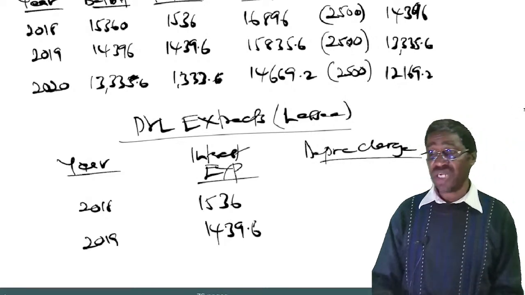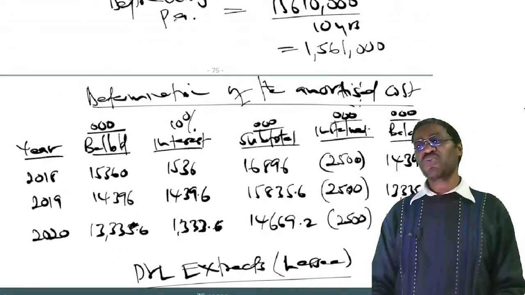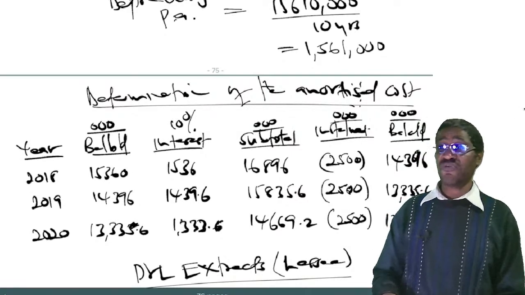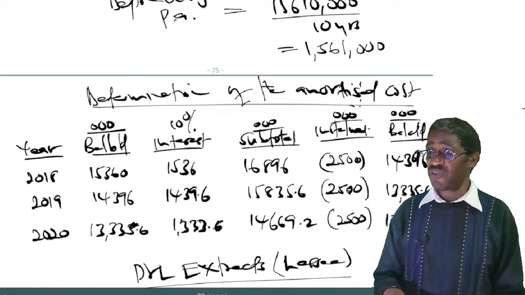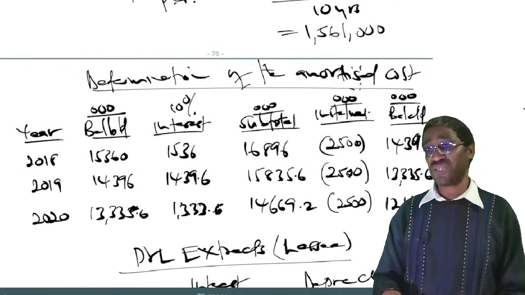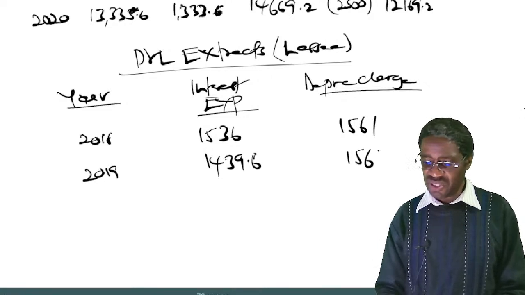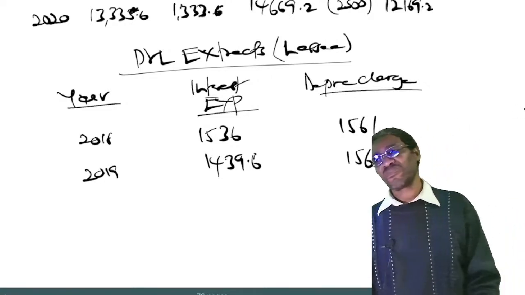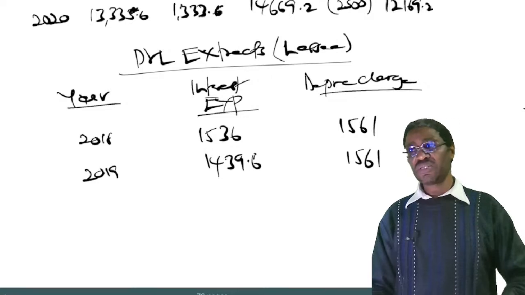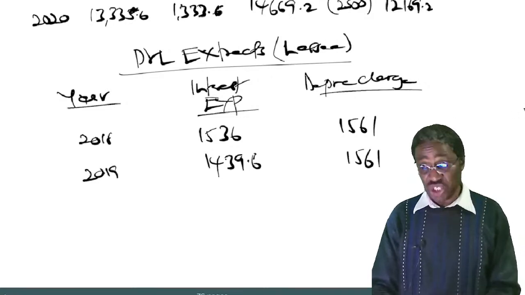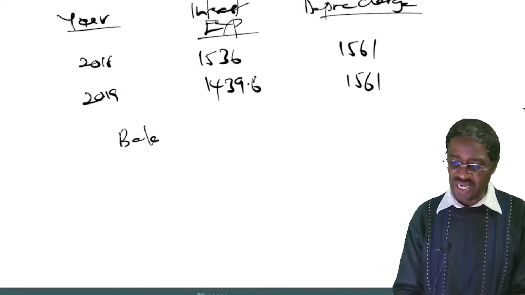Depreciation, we computed it and it was on a straight line basis. So I just go pick it. I can see it up here. The amount was 1,561,000 for depreciation. We took the right of use amount and divided by the useful life of 10 years. Now we got that 1,561,000. We are putting our figures in thousands, so it will be 1,561. Good. That's all for that. Let me go to the second part, that is balance sheet extracts.